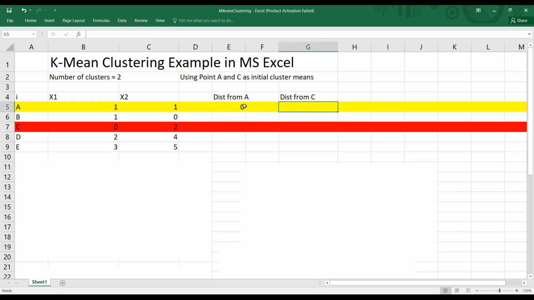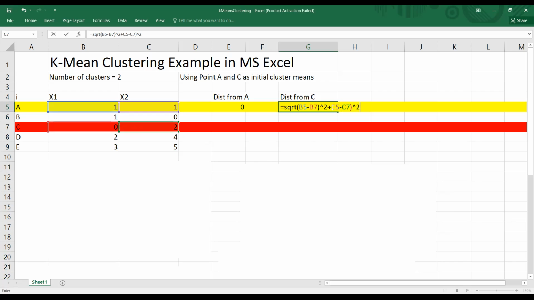Here we are calculating the same distance, but not from A to A. We are calculating the distance from A to C. So I am implementing the formula of A to C here. The same formula can be used. This is SQRT from A minus C whole square plus y2 minus this whole square,